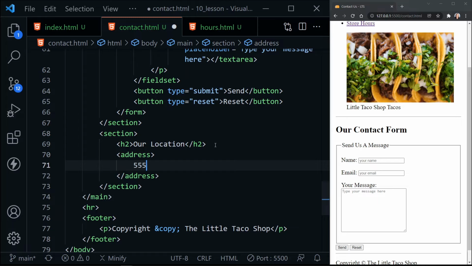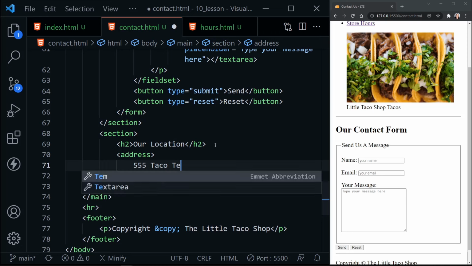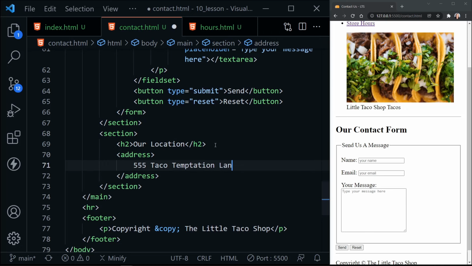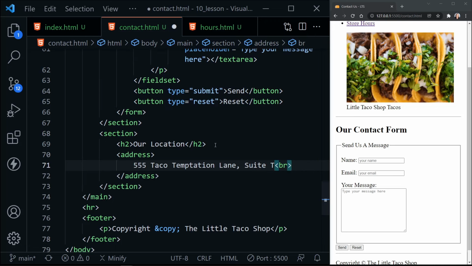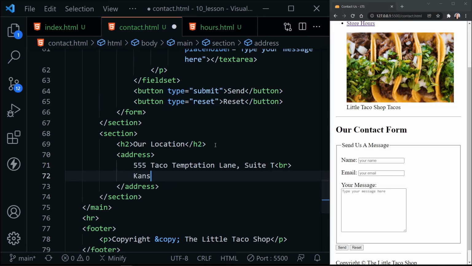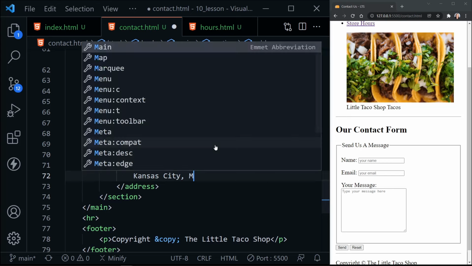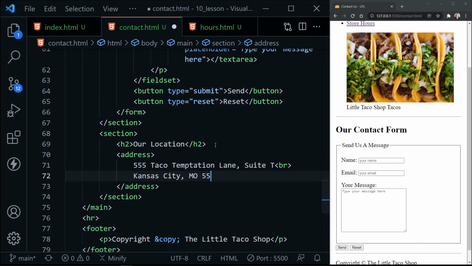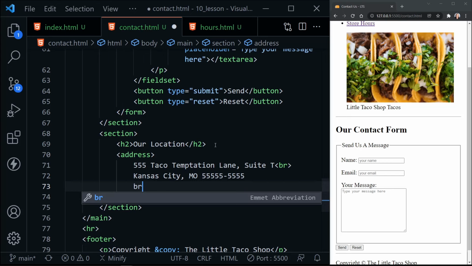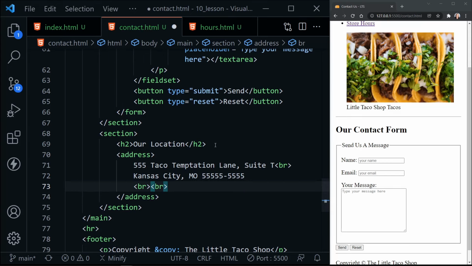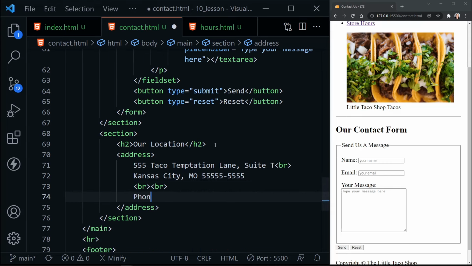So it's 555 Taco Temptation Lane, and then it's at Sweet Tea, line break, and then Kansas City, Missouri, and then 55555-5555, completely fictitious zip code. After that, we'll put in a line break and another line break, and then let's put in a phone number,